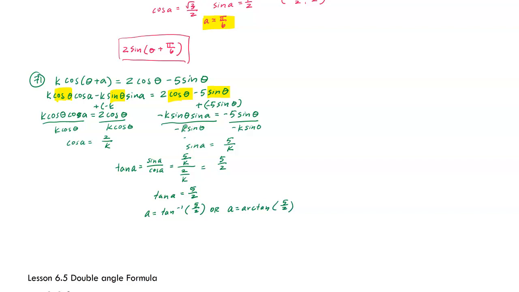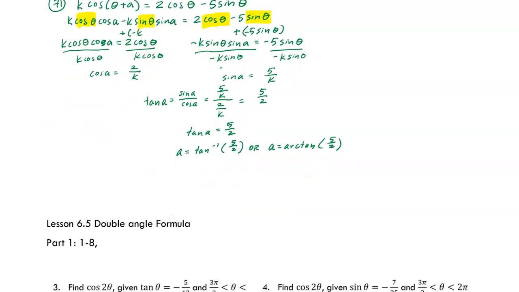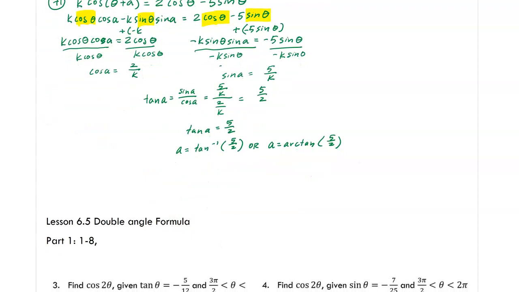So you can just represent that in that way. And on the test, there's not going to be a problem where you don't know the terminal points, the cosine and the sines. It's always going to involve them, but I'm showing this just so that you know the answer to this. Okay, and then if we do our